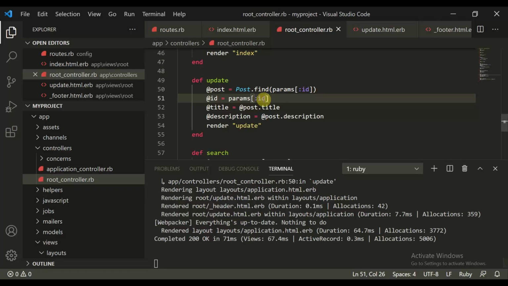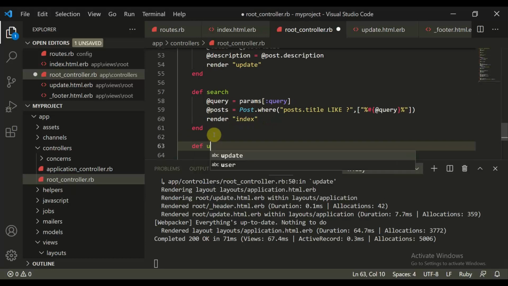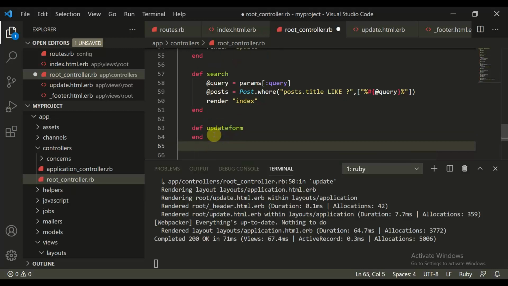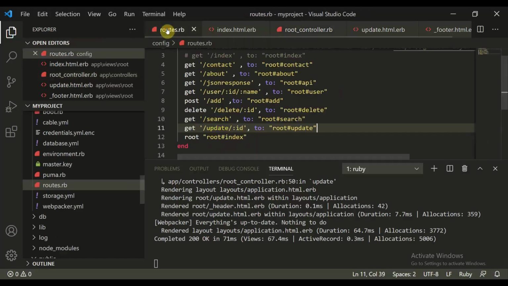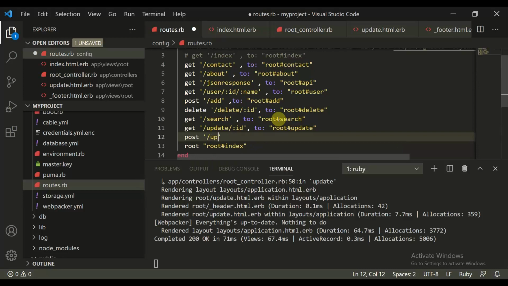So let's create a method again. Define update_form, and let's end this. Now let's make this post slash update form.